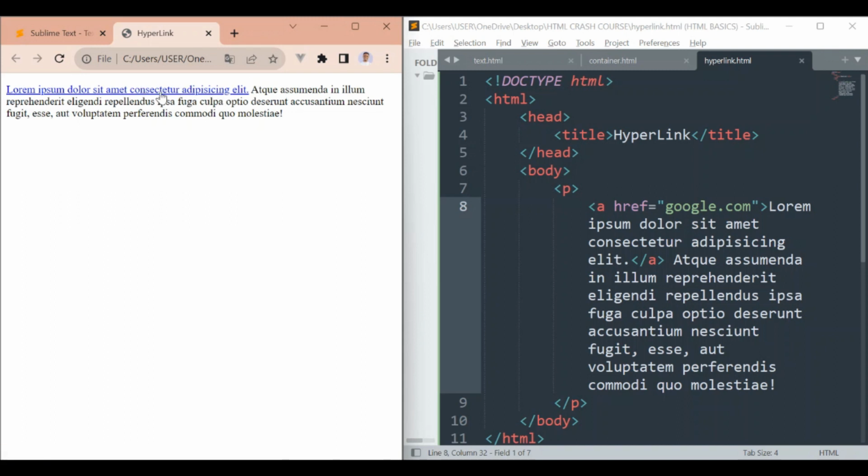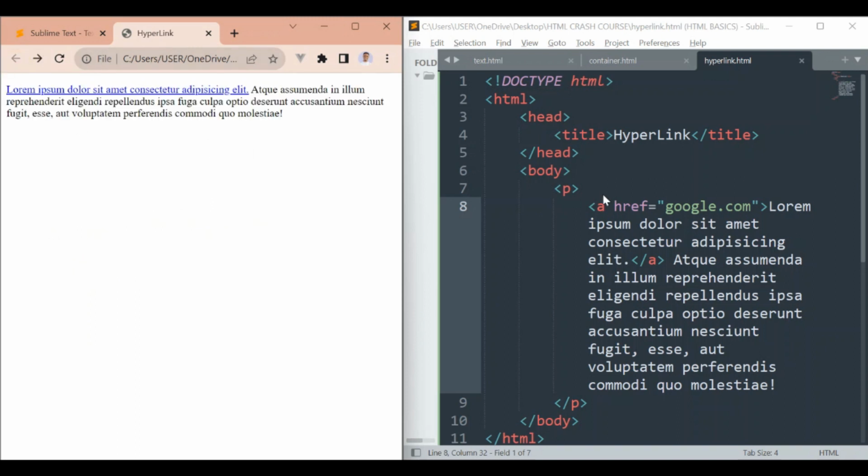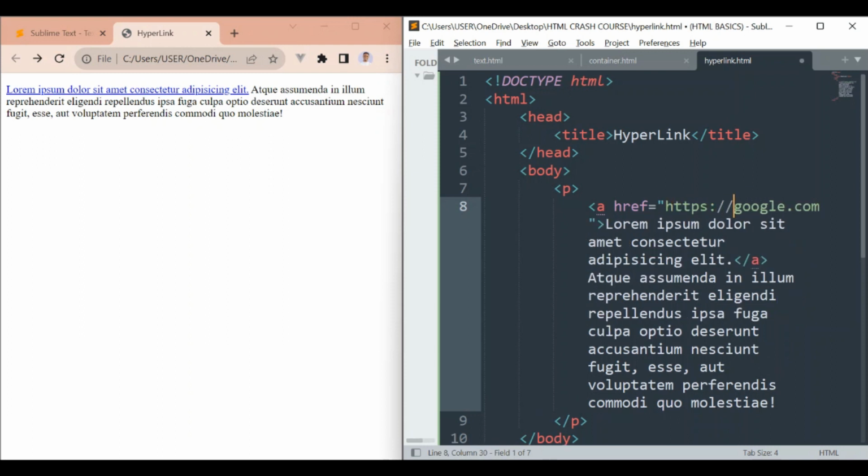The part of the text we are wrapping with the anchor tag is highlighted in blue. And if I hover on it, it's showing a click sign. So if I click on it, it's supposed to navigate to google.com. So let's just go back and say https://google.com. So if I save and reload this, if I click,